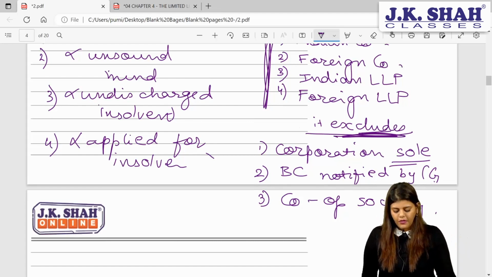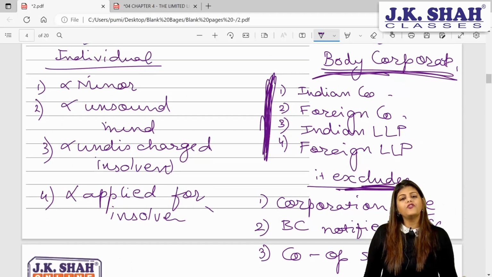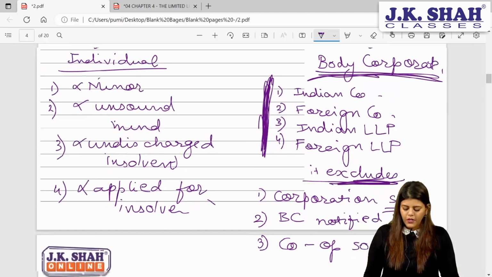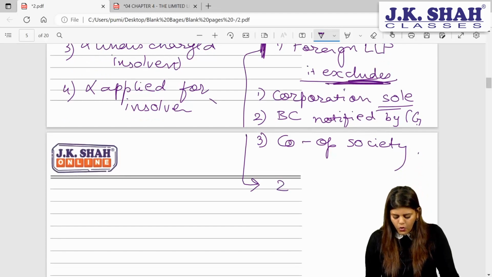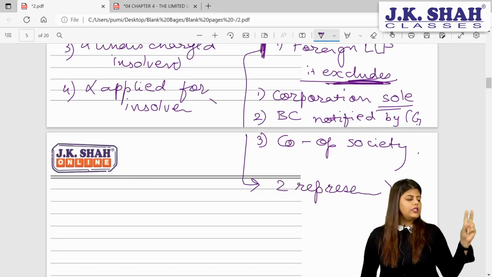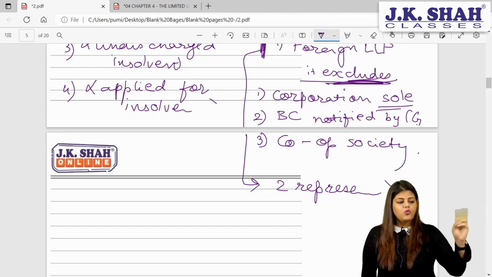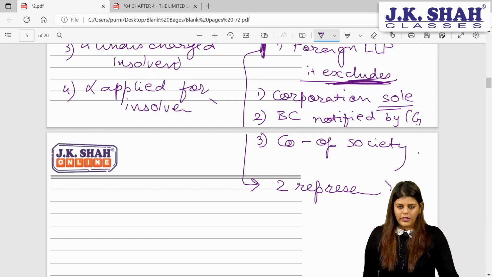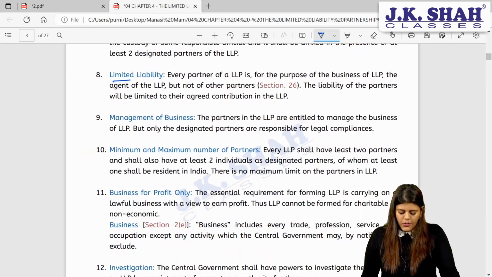cooperative society. But I have a question for you. अगर ये चारों में से कोई भी पार्टनर बनता है, बच्चा ये लोग तो सब आर्टिफिशियल पर्सन है, तो साइन कौन करेगा? तो ये लोग ना अपने यहाँ के 2 लोग एज अ रिप्रेजेंटेटिव भेजेंगे कि भाई हमारी तरफ से these 2 people will be considered as partner. You will not count them as 2 partners, you will count them as 1 partner only. Clear? So yes,